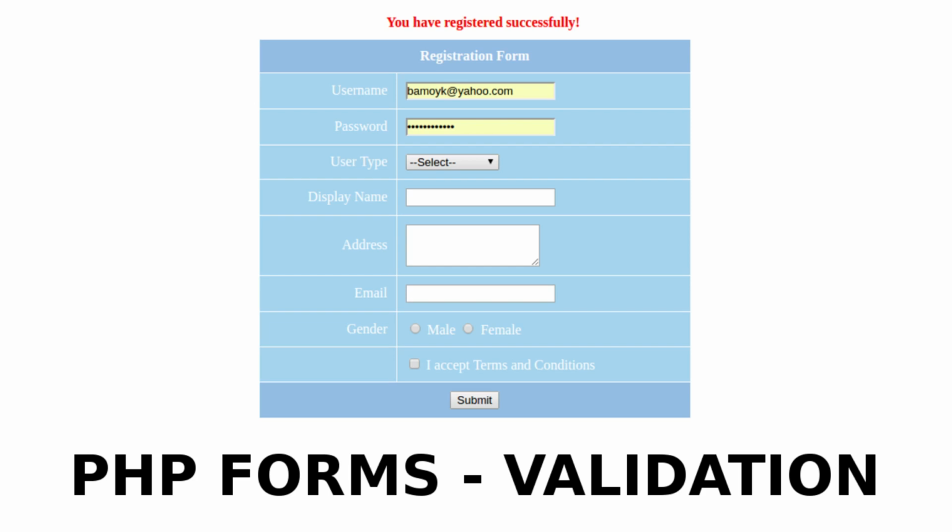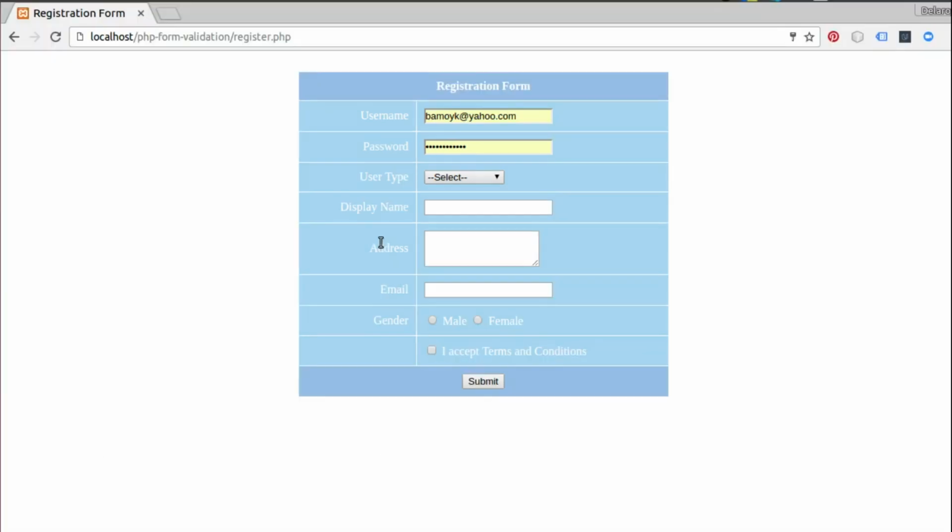So we have the form looking this way. I'm actually using localhost with XAMPP. You could set up XAMPP on your machine, whether on Linux, Windows, or Mac. Setting up XAMPP is quite straightforward. So you have Apache, MySQL, and MariaDB right out of the box for you to use. So we have the form set up: the username, password, display name, address, email, and gender,